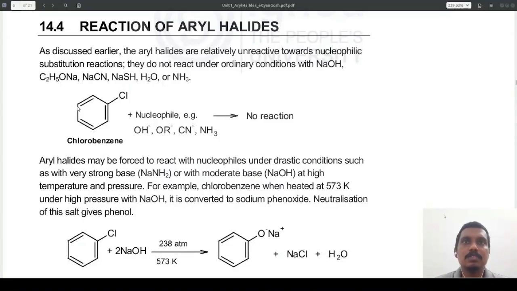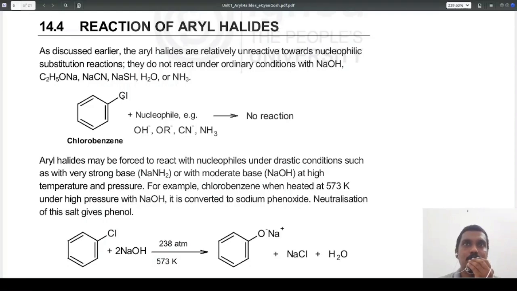In the last semester, we saw reactions of alkyl halides, and we noticed that it's very easy to substitute this chlorine with a nucleophile. What's very different in case of aryl halides is that it's not that easy to substitute this chlorine if you react your chlorobenzene with common nucleophiles like hydroxyl group, ethoxy group, cyanide or ammonia. So this tells you that this carbon-chlorine bond is comparatively much stronger in aryl halides than it was in alkyl halides.